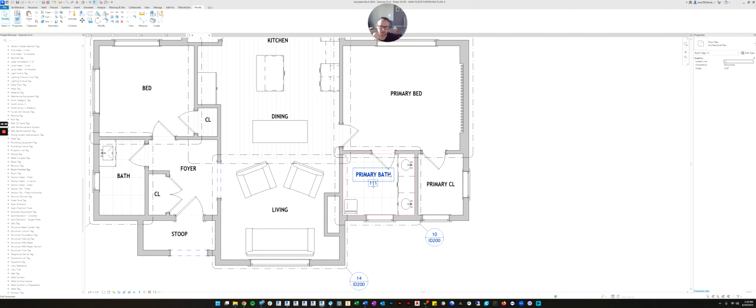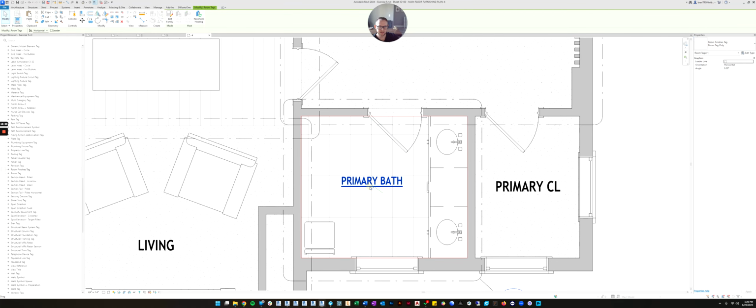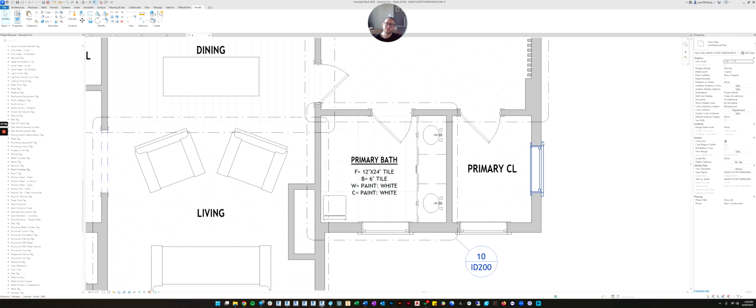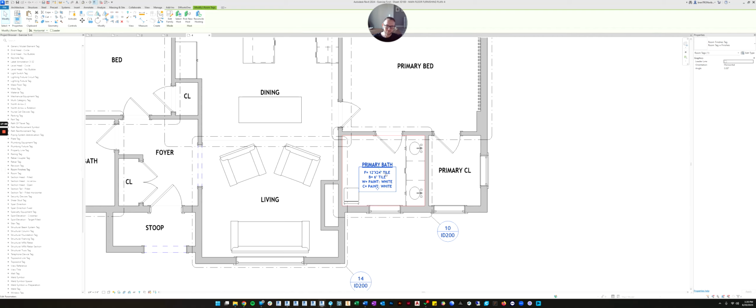So now let's click on that bathroom again, that bathroom tag, and let's change it to, see how now our tag is loaded and there's only 2 types? Those are the 2 types we made in the family. There's the room tag only and the room tag with finishes. So let's click room tag only, and you see how it's only the room tag? And if you click and change it to the room tag with finishes, the finishes appear. So this is you making your first family, and it's a room tag.